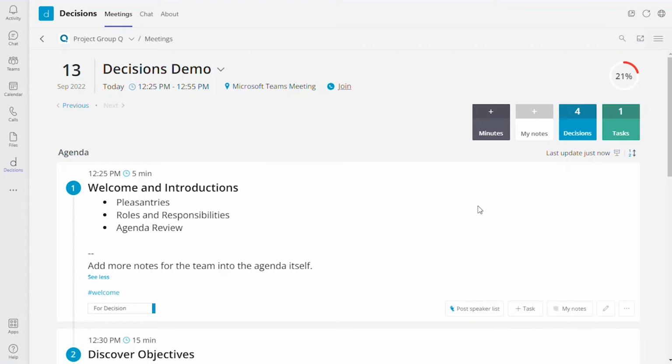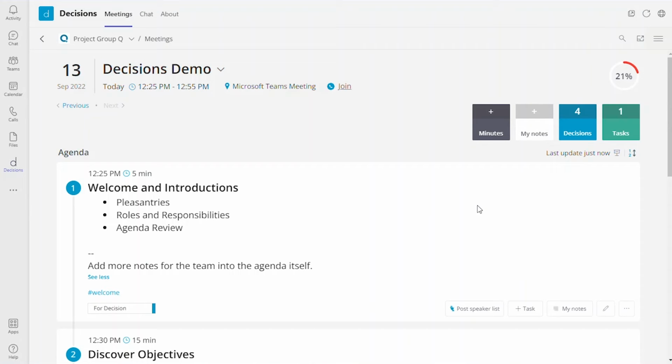The secret benefit to this for the organizer is if I'm the organizer and I click My Notes, I will actually have the option to make those notes public when I formally recap the entire meeting. That's something I'll show you here in a second. But hopefully that makes sense. That's how you can take public and private notes.